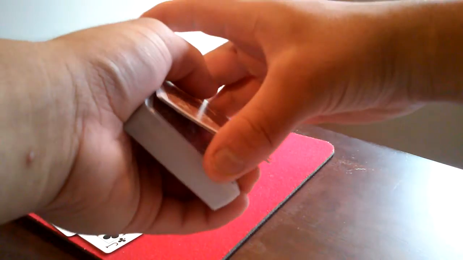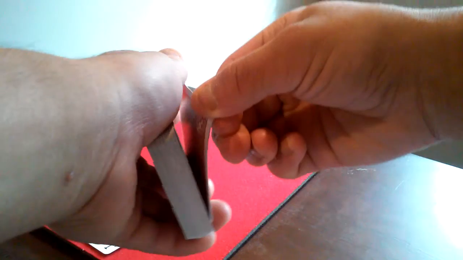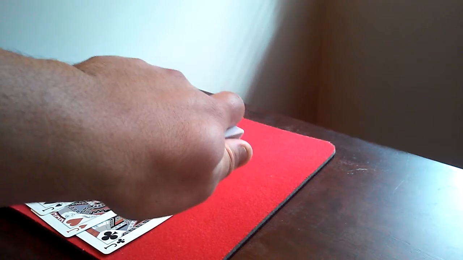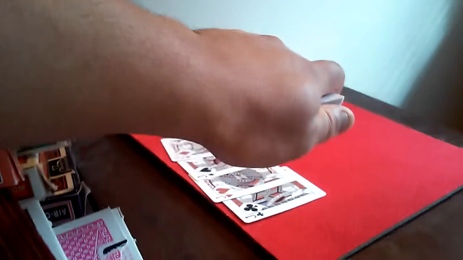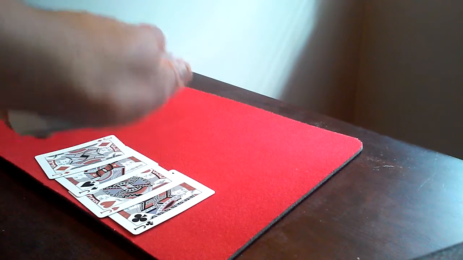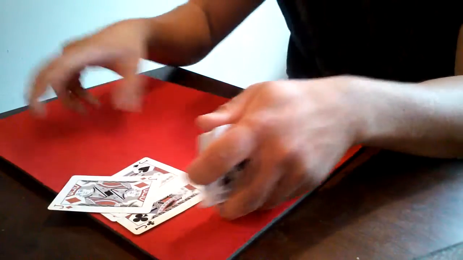Gonna show you here that you're gonna flip them over. As you're flipping over, you're gonna rotate your left hand down immediately so they don't see what you're doing. Now then, you got out your 4 jacks,